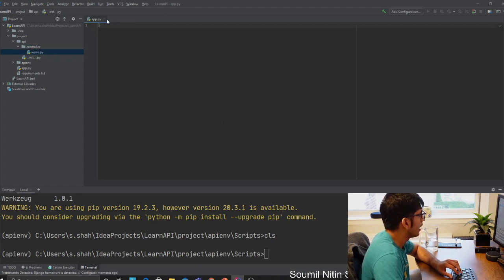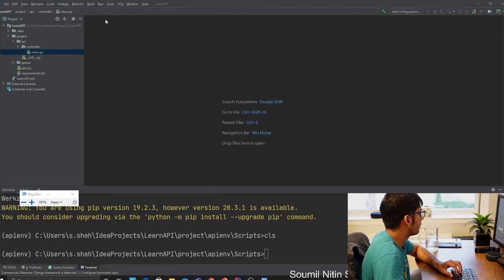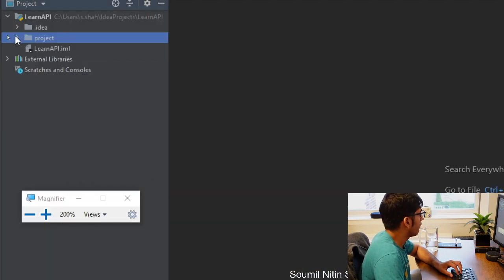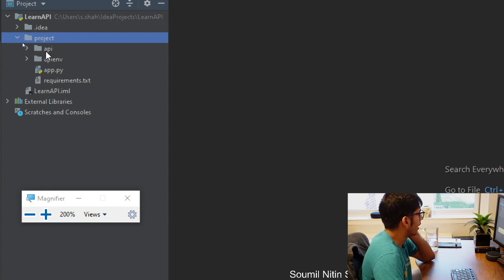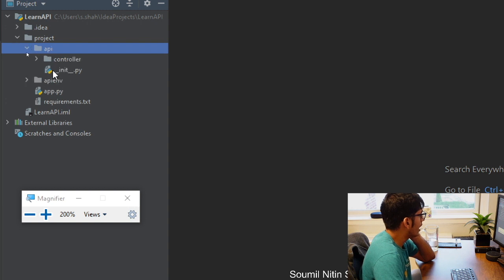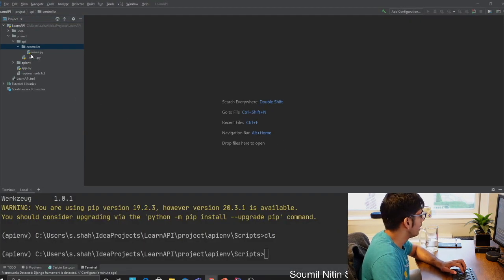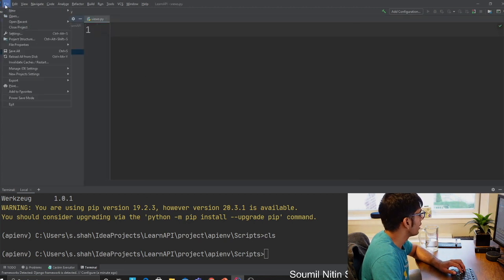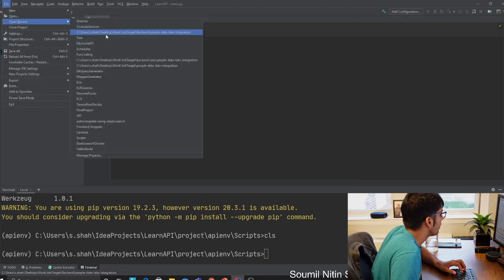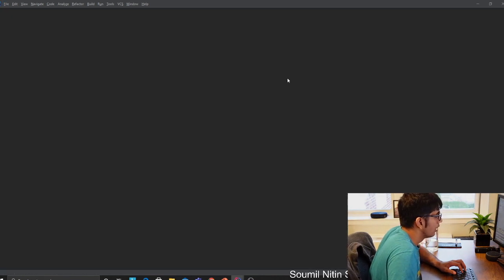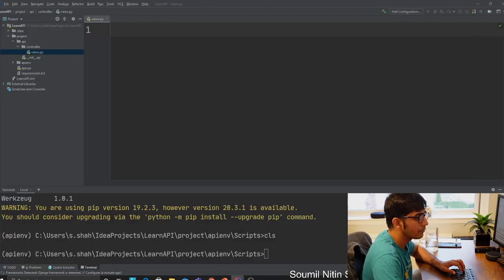Let's verify the entire project structure. Want to use the magnifier. So we basically have a project folder, we have an API folder. In the outside directory, we have app, we have requirements.txt. In the API folder, we have an underscore init file, which is basically for the import. And we have a directory called controller, where we would write our Flask API. We have a file called views.py, where we are about to write our first Python code. So far it looks good, right? So let's start with the very first thing. Actually, I would also open snippets for my reference. Let me put this on my other screen.